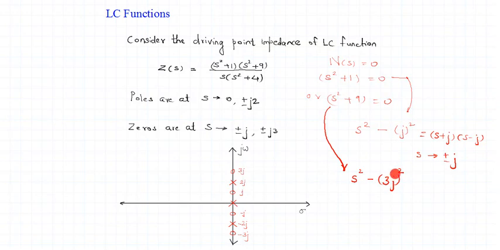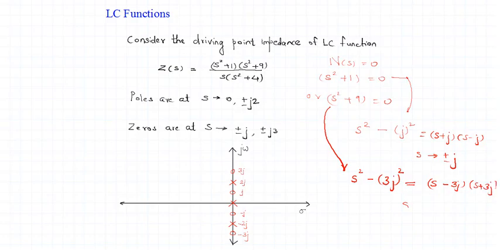So minus 9 with a minus sign outside becomes plus 9, which is nothing but the original term. Right? What are the terms which I get? Now if we equate this to 0, we get the two terms. We can write this using the property a square minus b square as a minus b and a plus b. So I get it as s minus 3j, s plus 3j, and if I now equate this to zero,